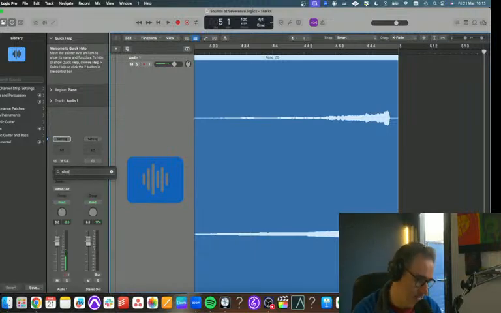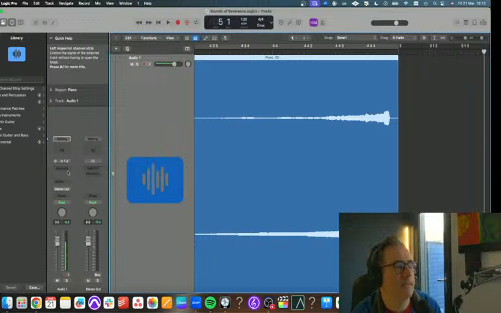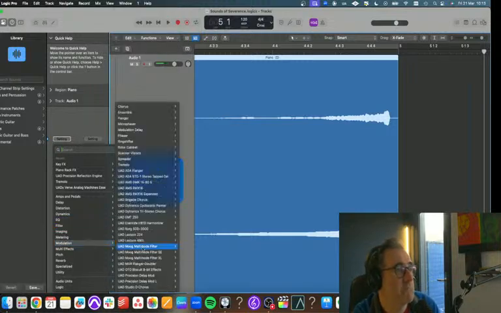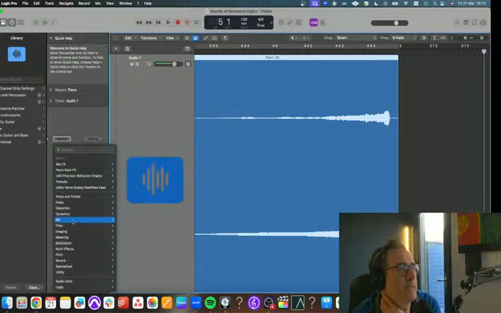So I don't know if Logic has one of these. Did I ever notice when you write in the search bar in Apple stuff, it never finds the thing you're looking for? So maybe a trem, not quite what we're looking for. A delay might do it.